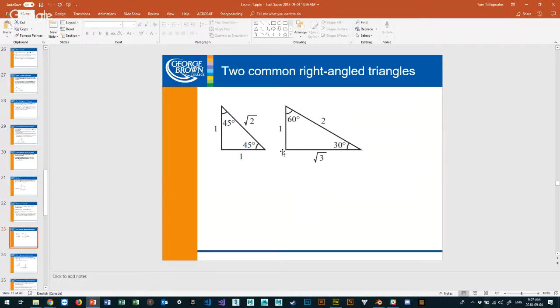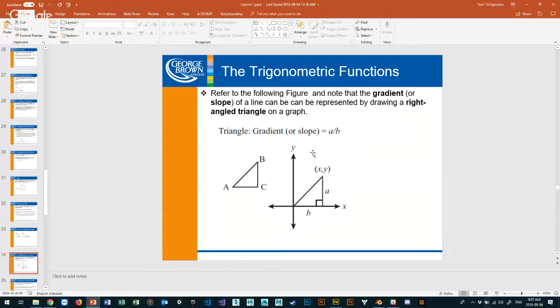If I ever give you 60, 30, and 90, then you know the proportions are going to be in some scalar of 1, 2, root 3. They must be. That is the proportions of a triangle with 30, 60, 90. If I give you two 45s and a 90, you know the proportions are going to be 1, 1, and some factor of root 2. You know it's going to happen. Questions around magic triangles? They're really, really important, especially when it comes to programming, because you can predetermine the outcome by knowing these things exist. All right.